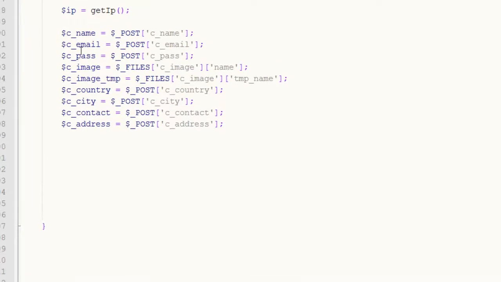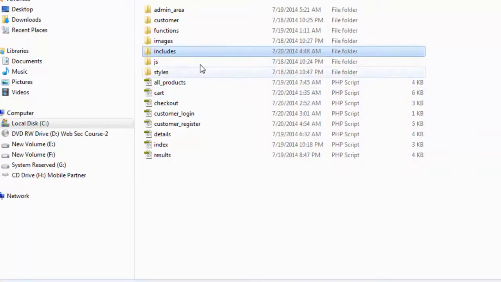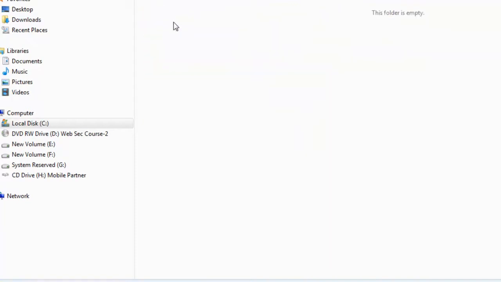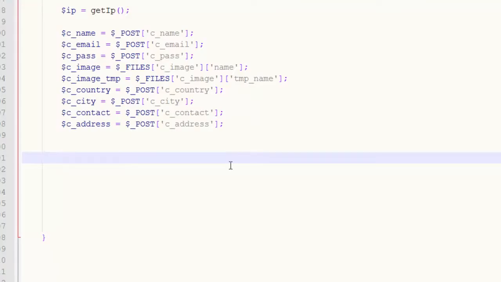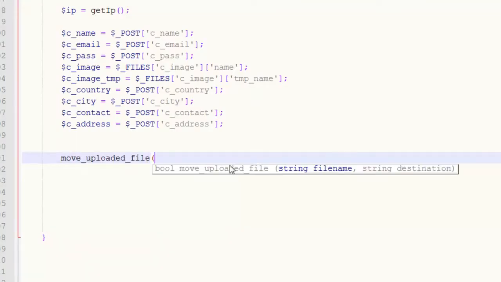Now we have created local variables. Now we need to actually insert this data into the database. First of all, we will upload this image to a folder. We will create a folder inside the customer folder. Here you can see in the main e-commerce folder, double click it, create a new folder, and we'll say customer_images. That's it. We'll use the move_uploaded_file function to actually move the file, I mean upload the file, the picture,